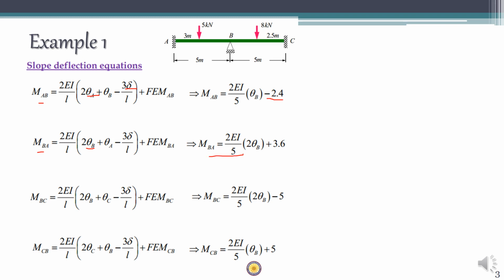Similarly, you can write for the next span BC also. For span BC, there are two equations, MBC and MCB. So MBC is equal to 2EI by L into 2 theta B plus